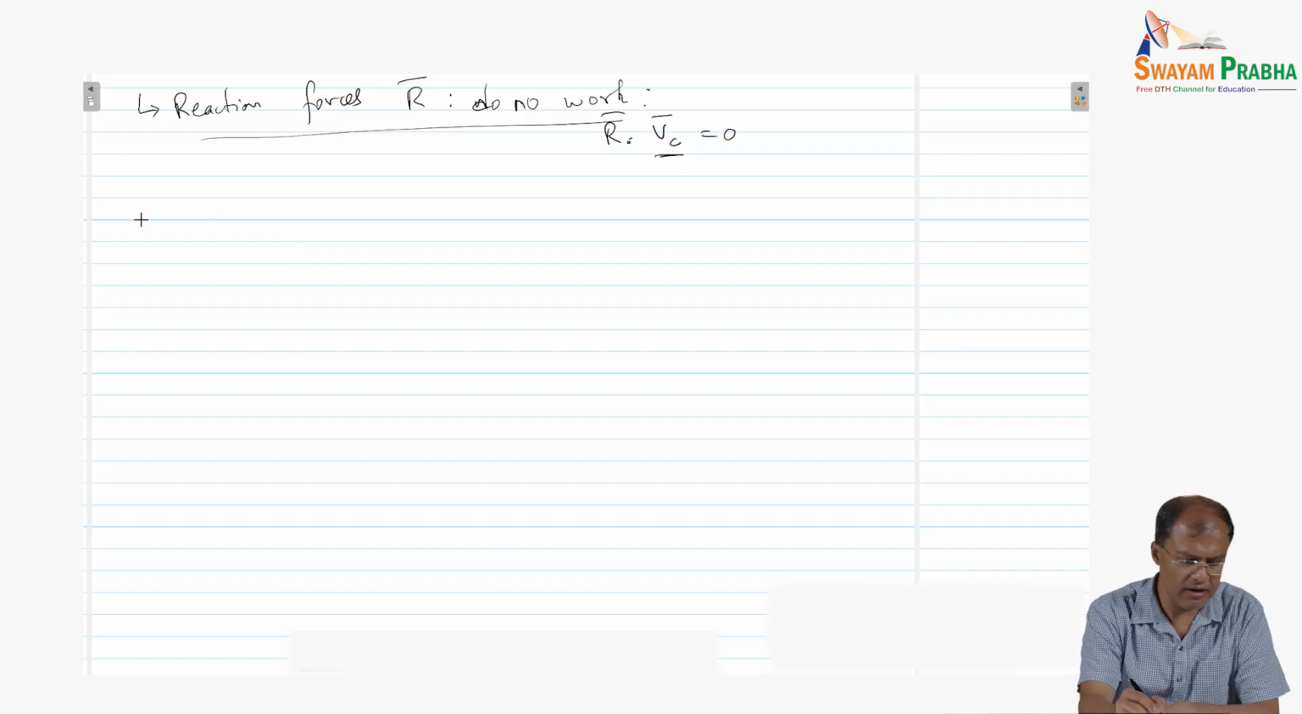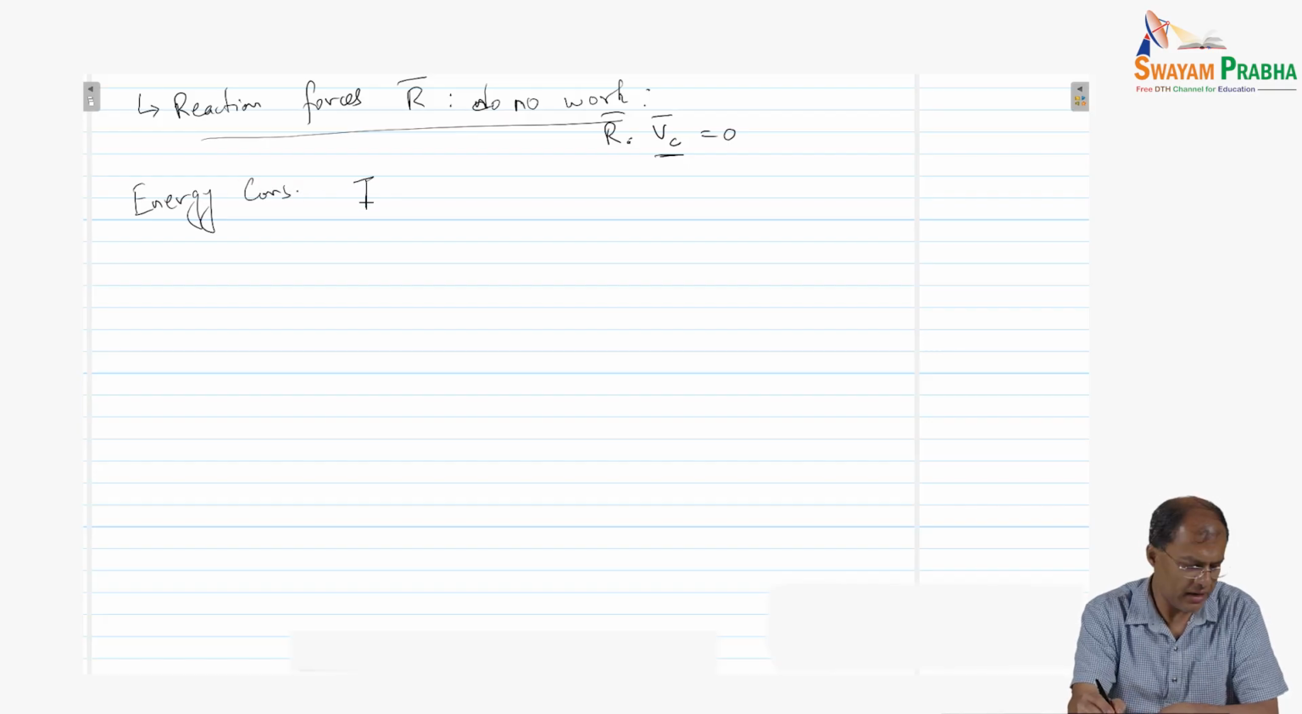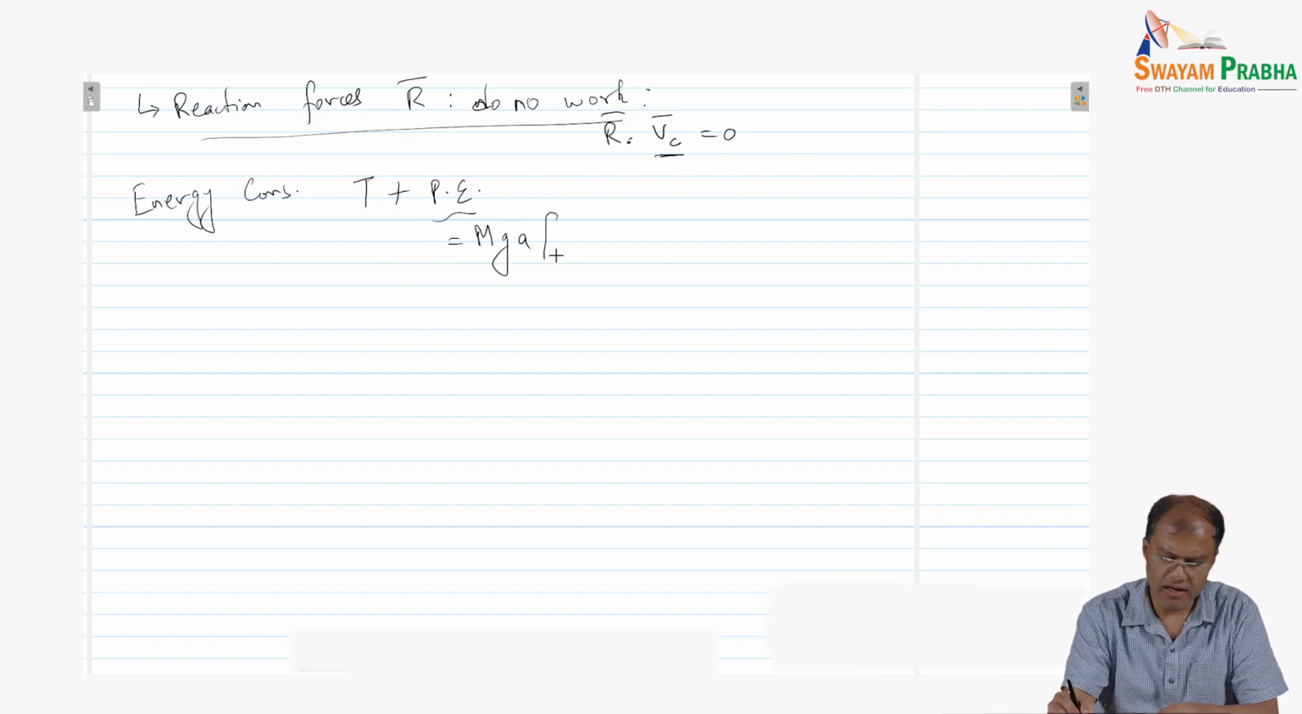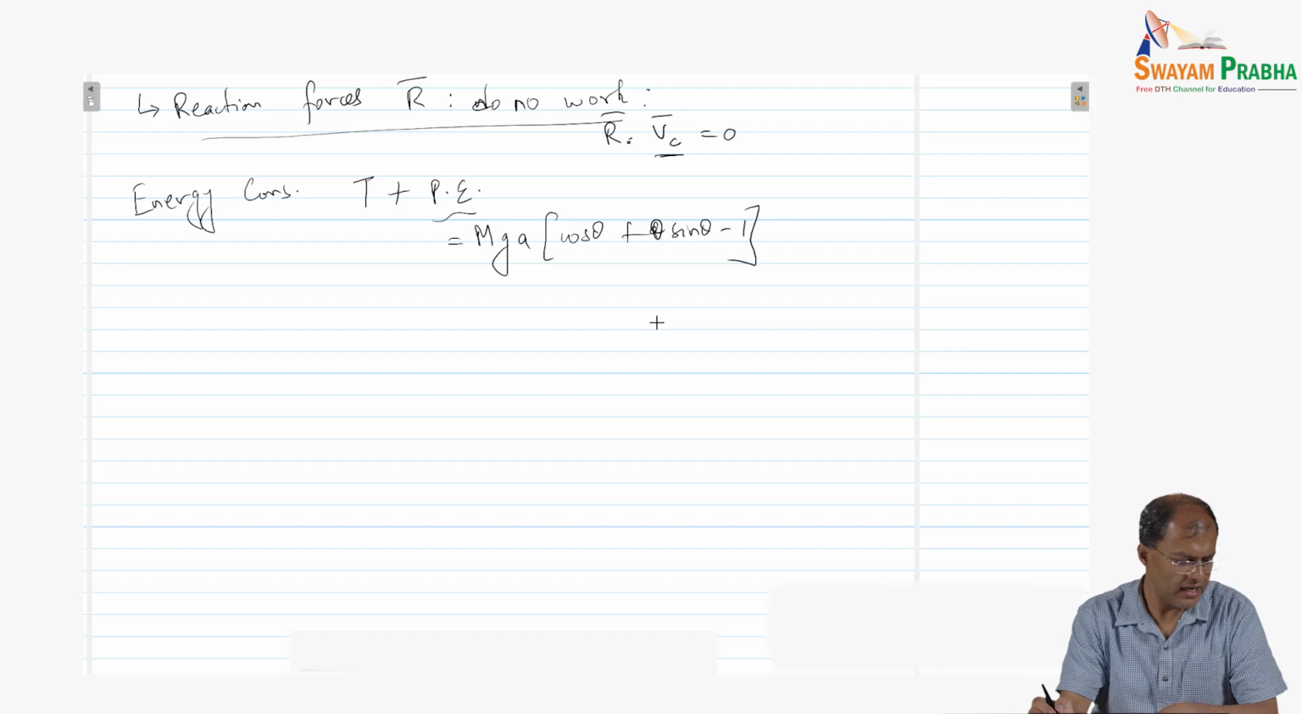Okay, so from energy conservation, we get that the total energy is given by T plus the potential energy. What is the potential energy? The potential energy was mGA cos theta plus a theta sin theta minus 1, right? And now what is my kinetic energy? My kinetic energy will be,